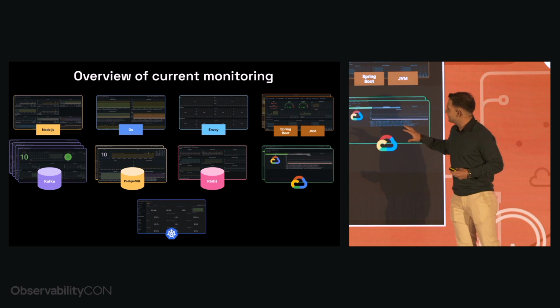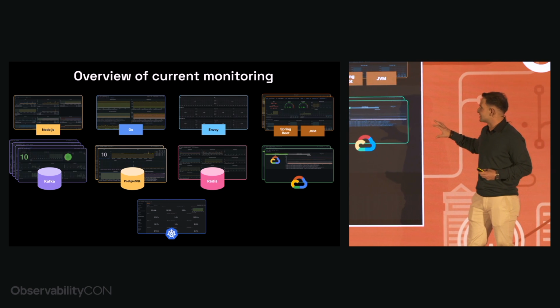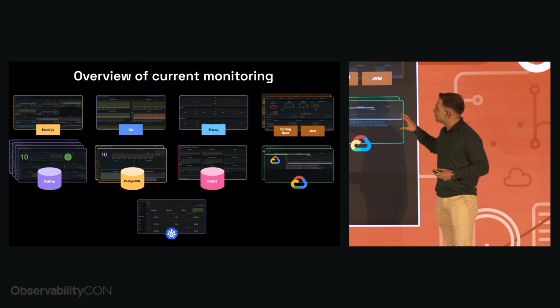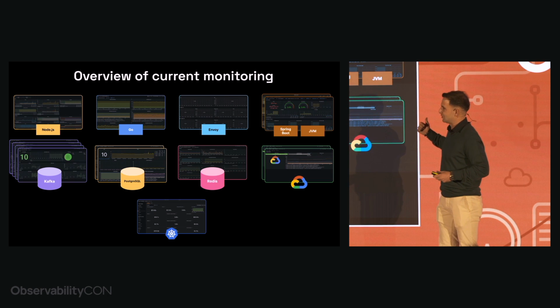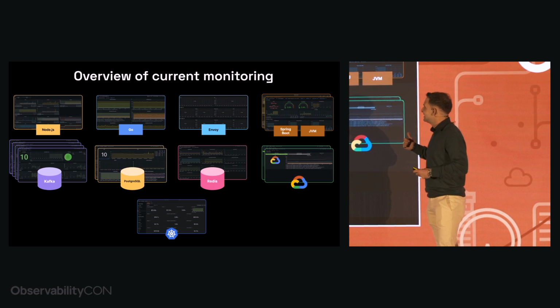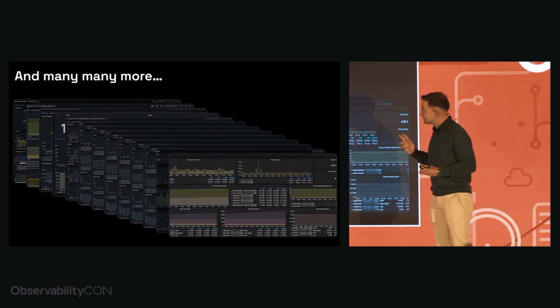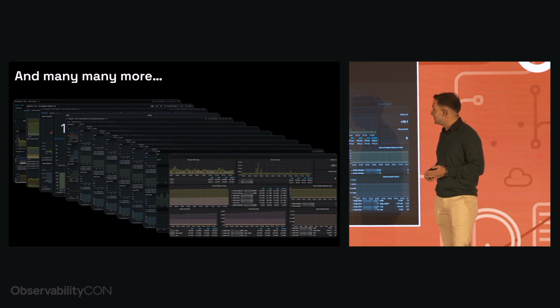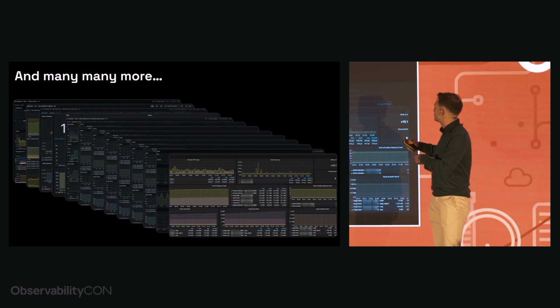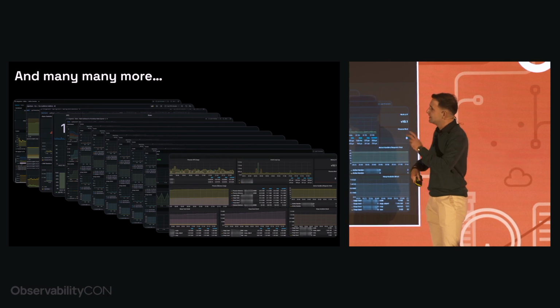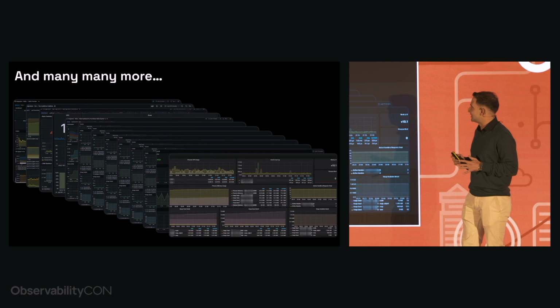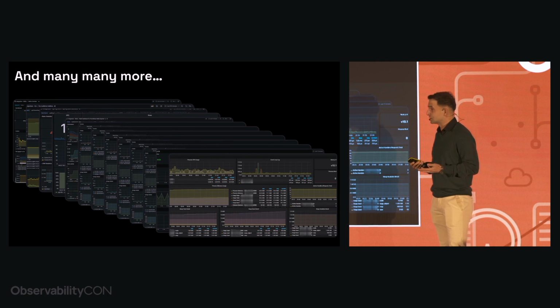Okay, this slide right here has around 20 dashboards. And those 20 dashboards are the number of dashboards brought to us only and only by integrations. Besides integrations, I mentioned manual instrumentation, and that means even more dashboards. Those dashboards are not interconnected between them, meaning, for example, I cannot go to one of the dashboards, select my, let's say, Kubernetes cluster, and then go to one other dashboard and have the same Kubernetes cluster selected there, and so on and so forth. This is pretty complicated, and it's not a desirable experience, but does it have to be like that?